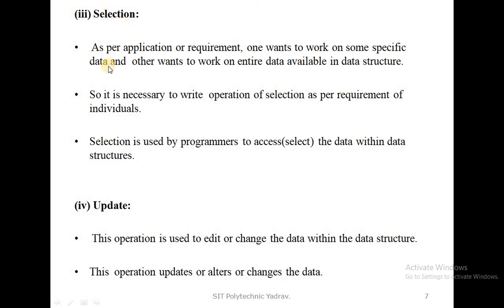Third, selection. As per the application or requirement, one person wants to work on some specific data and another wants to work on the entire data available in the data structure.